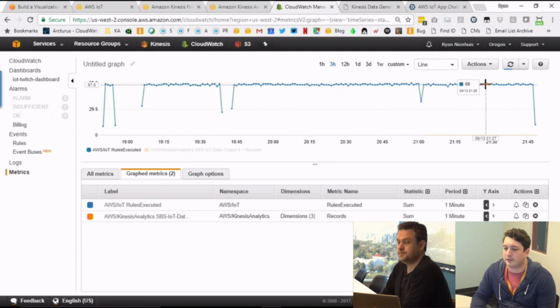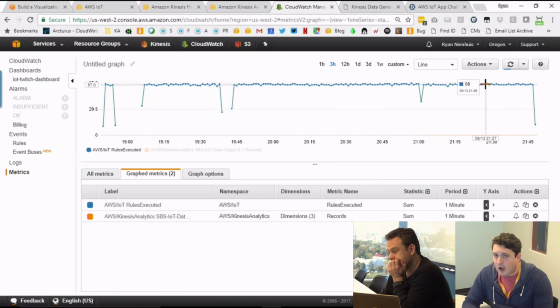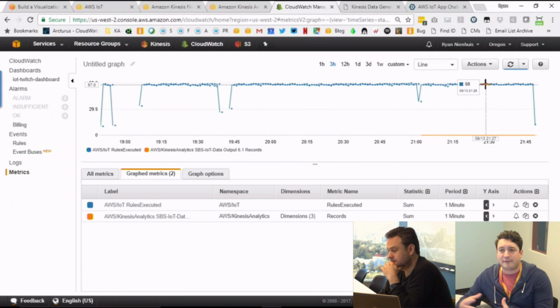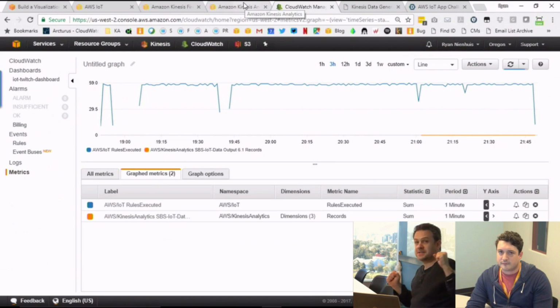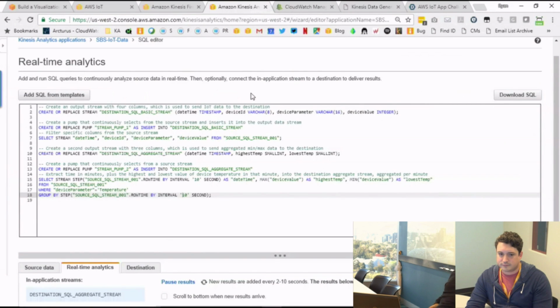I mentioned earlier that if you're trying to write data to a database or anything like that, it definitely decreases load on the database, as well as if you're reacting to the data in real time. So maybe you're updating a dashboard or anything like that, you're already sending that dashboard or destination processed data. Instead of having to do the analytics after the data arrives, you're able to do the analytics in real time and reduce all of the load on your downstream system. That's so cool. And you do all that with no servers.